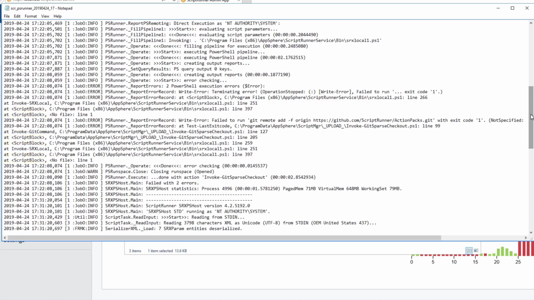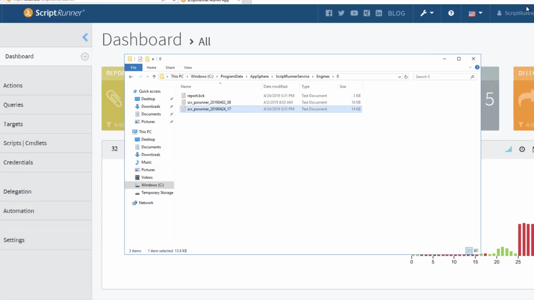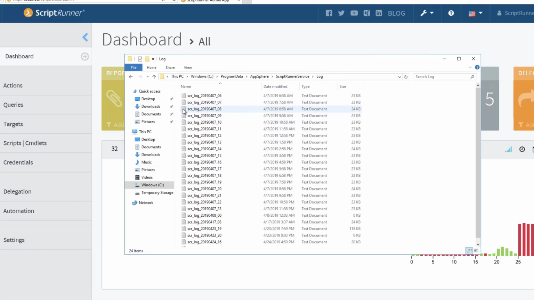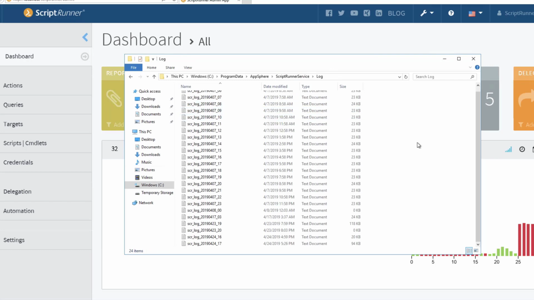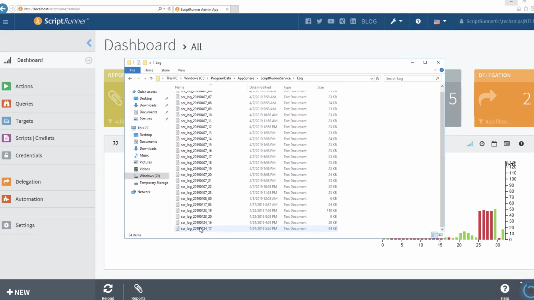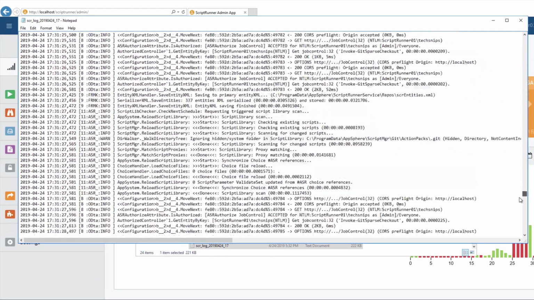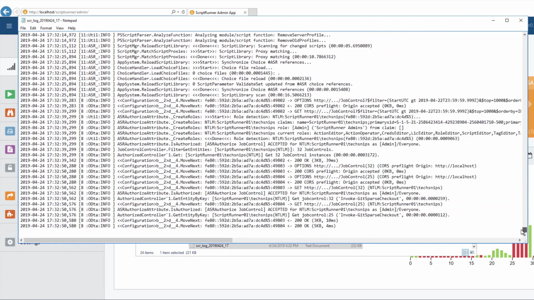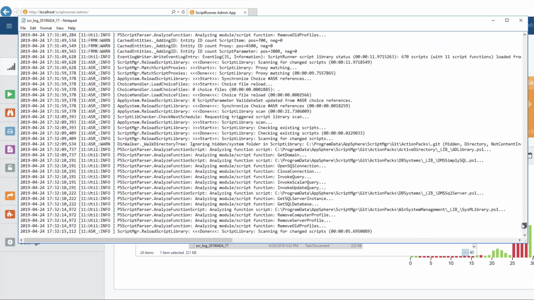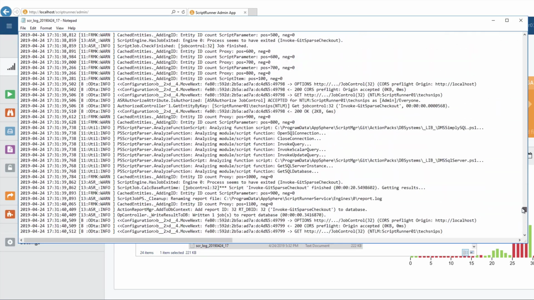All right, so then there's another spot I want to show you. If we go to the AppSphere ScriptRunner service and then go to the logs folder, now you can see lots and lots of logs. You see, I've been using ScriptRunner quite a bit here. And by going here, you'll see some similar logging information. It's not really pretty in this instance, but the prettiness is supposed to be in the report. But you can get really granular logging here of exactly what your scripts are doing,